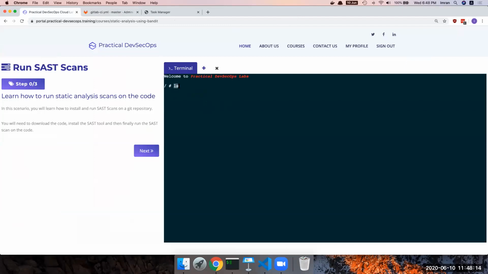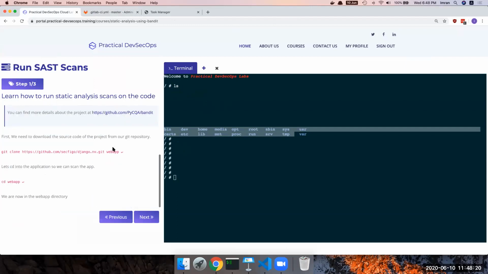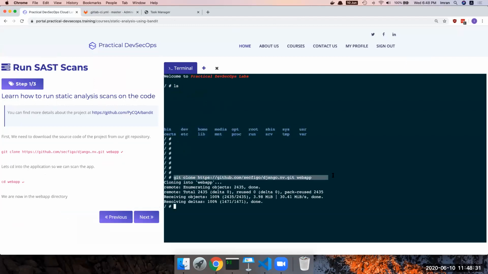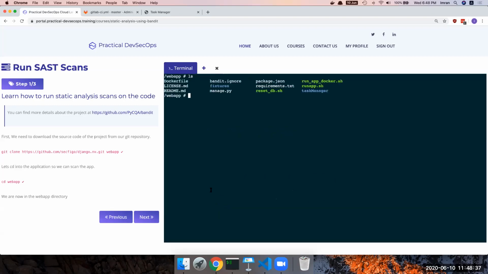So as you can see, I'm able to type a command ls. It will work. As you can see, it did figure it out. Now, what I can do is I can just clone this repository by clicking this button. That's what you will be doing in a couple of minutes. All you have to do is click this button and it will be copied and ran here without you having to do anything. Okay. And then you can go into this directory and I'm showing you static analysis, but again,